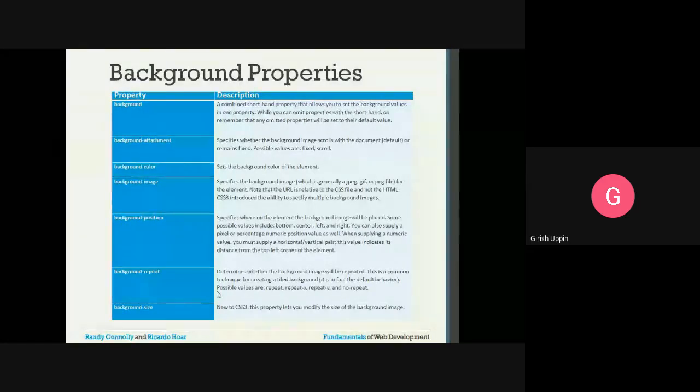Background repeat. Suppose you want to repeat a particular image in the background, let us say you have chosen a background image which will not fill the background completely. At that time you can say background repeat, and the same smaller image will keep on repeating. And background size, this is new to CSS3. This property lets you modify the size of the background image.